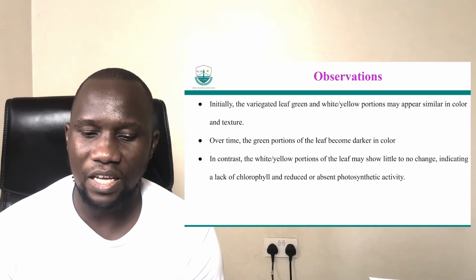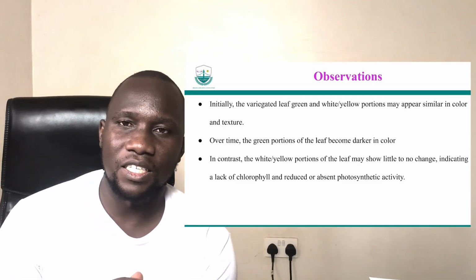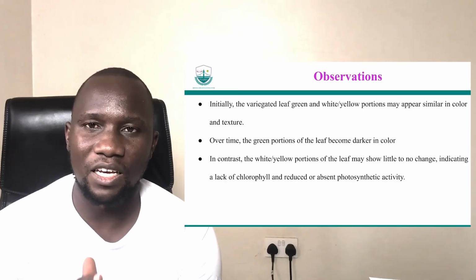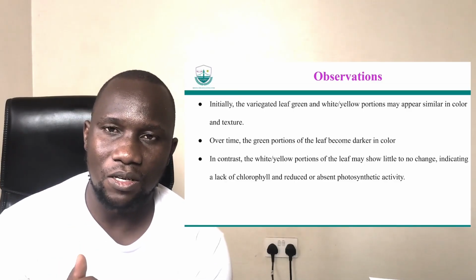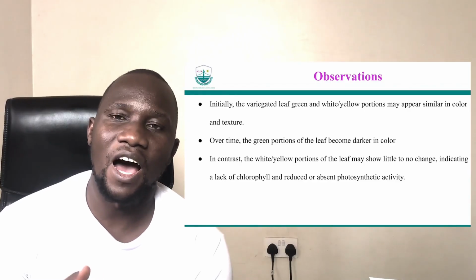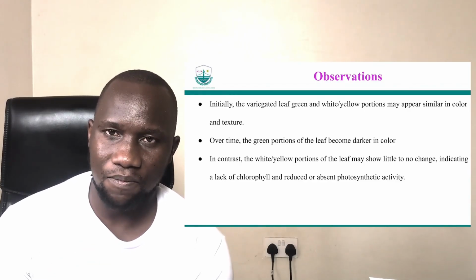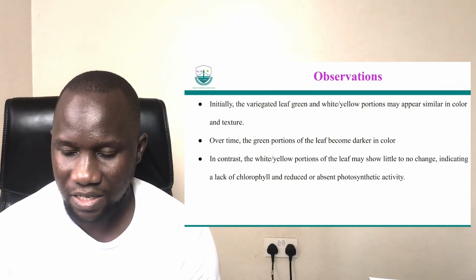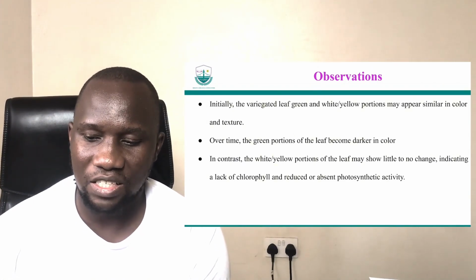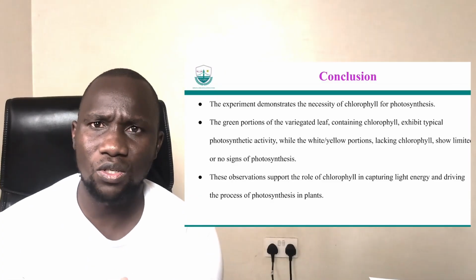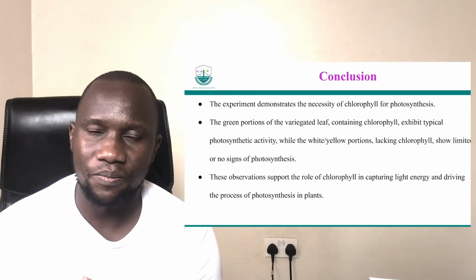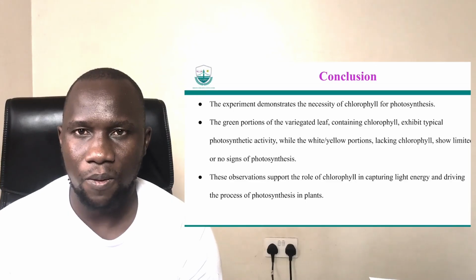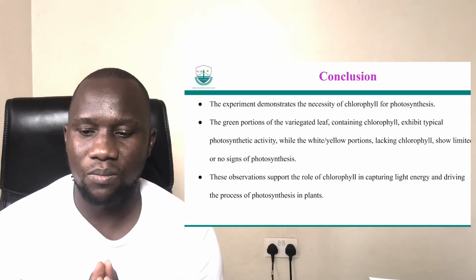That will indicate to you that the turning to dark or blue-black indicates that there was photosynthetic activity and there was starch in there. And the parts that remain the same mean that there was no chlorophyll and photosynthesis did not take place. So the conclusion is that you actually need chlorophyll for the process of photosynthesis. Why? Because the chlorophyll helps in trapping